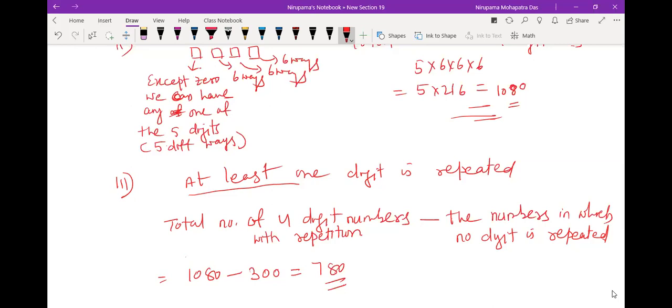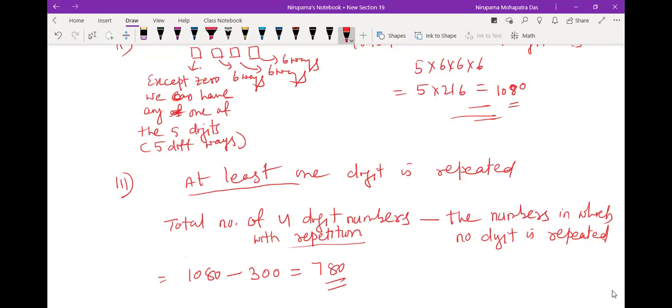So the number of four-digit numbers with repetition includes all cases where at least one is repeated, like one repeated, two repeated, like this. So this is the easiest way. I feel this is the easiest way. Otherwise, if you take one repeated, then two repeated, three repeated, four repeated, and of course, one restriction, zero cannot be in the thousands place. With all these restrictions and all these cases, the solution may be very complex and very time taking.